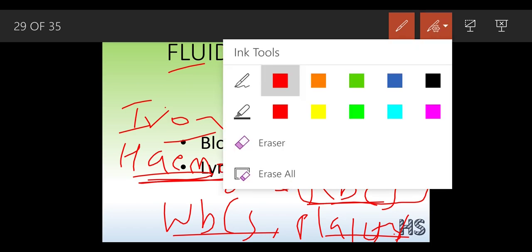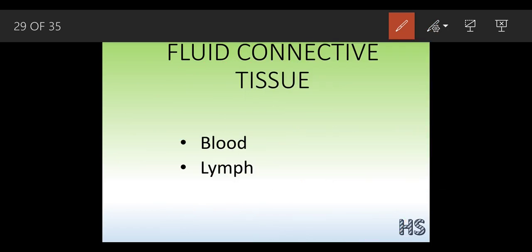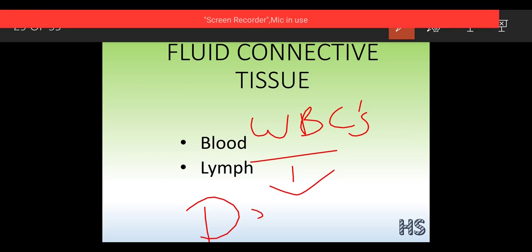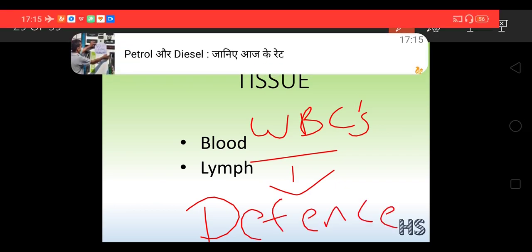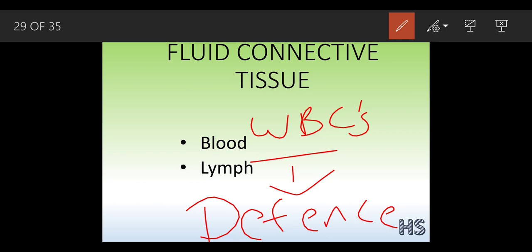Second, there are some WBCs also. WBCs are nothing but your defense. They work for your defense part. What is the function of this defense? It helps to protect our body from any of the germs, bacteria, viruses that enter into our body. So they work as a defense. Like how our country is protected by the army, there is the army who protects our country. Same like that, inside our body there are WBCs which protect our body.